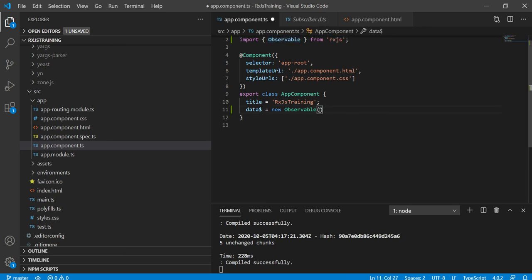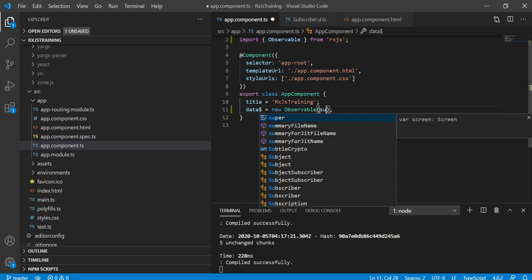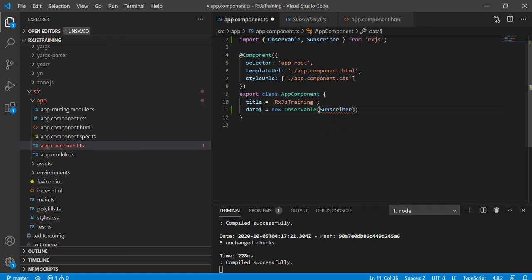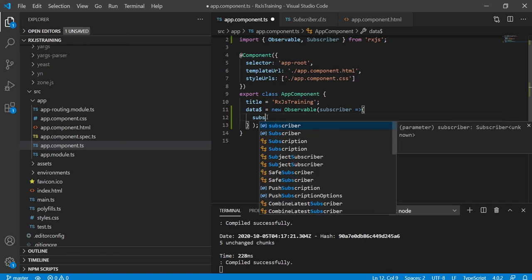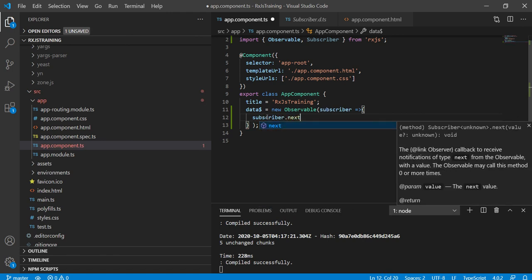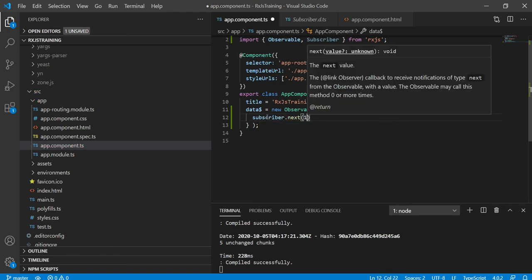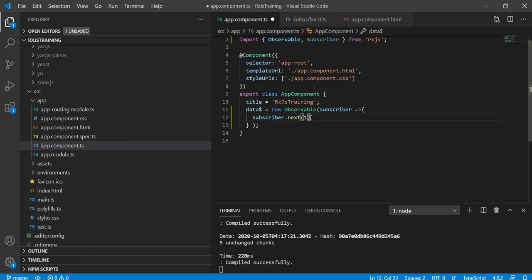Then we need to pass a subscriber function, with some variable here, subscriber. Here we can use the subscriber to generate three types of notifications. Suppose I want to generate one value, then we can pass it like this. In the same way we can pass 2, 3, 4 values.